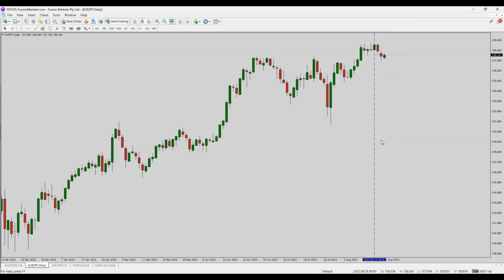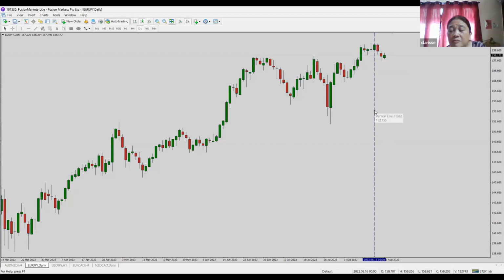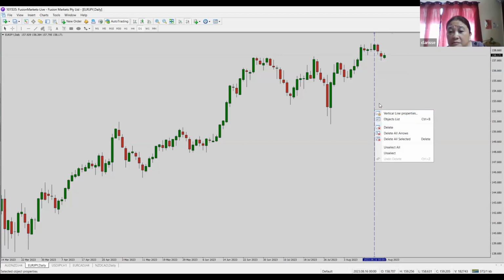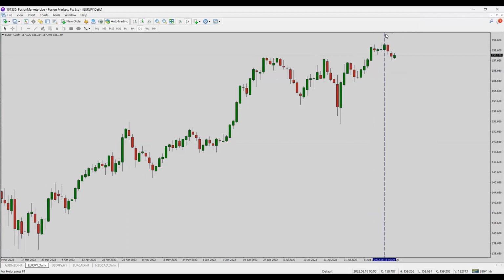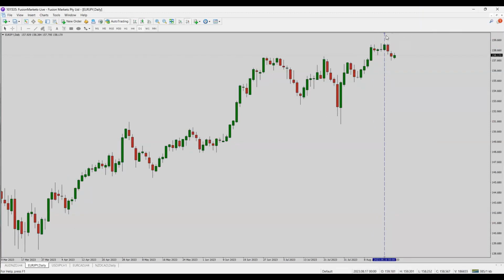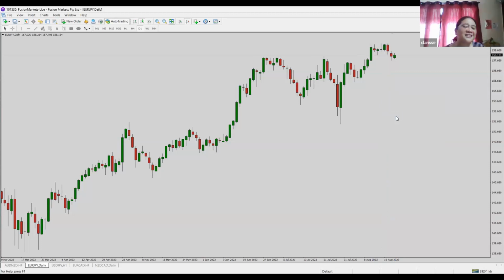Now, let's say I want to delete it. I put my cursor on the vertical line, double click, and then right click. You double click first to have the dots appear. You must have the dots appear in order to edit this vertical line. Then when you see the dots, you can right click and delete. The same thing applies for everything.